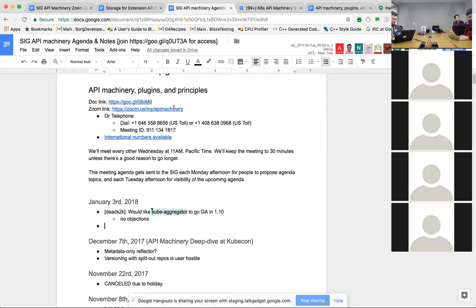So I want it to be GA so that there's no reason not to put it in conformance tests. I really want that to be universally consumable in any conformant Kubernetes cluster. And it's kind of hard to tell people you really have to make sure that this works in your platform if it's just beta.